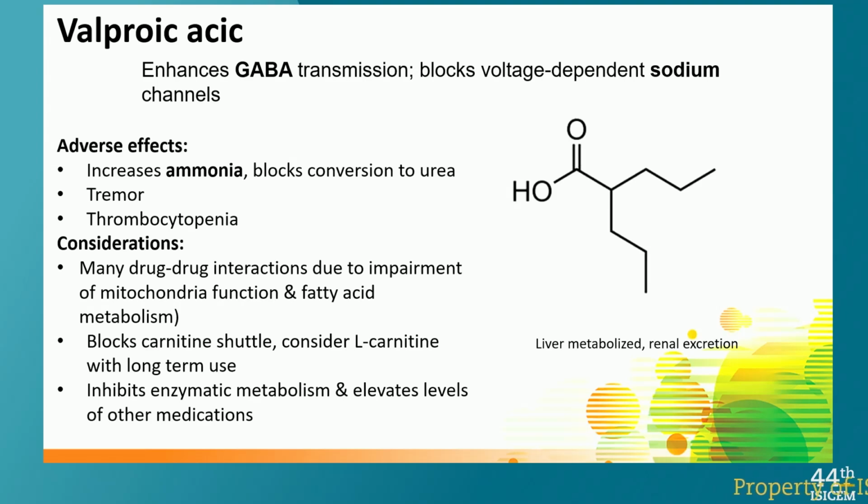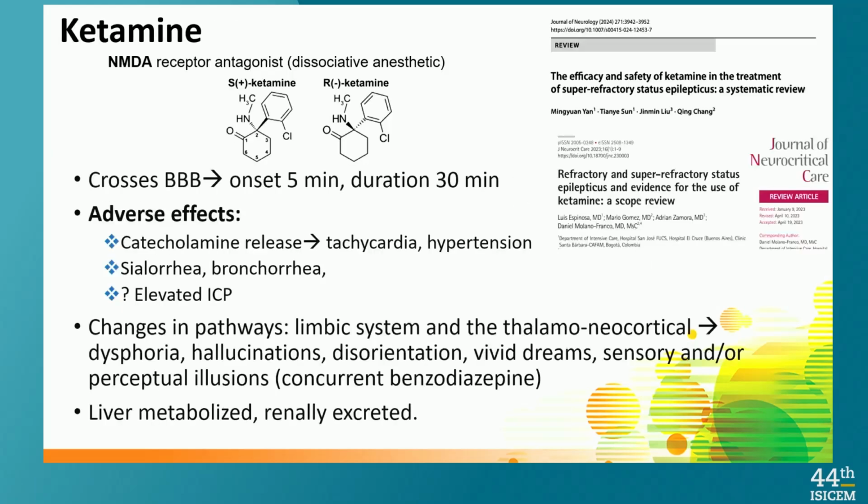Valproic acid, just to be aware that we see this a lot. People use it for eating disorders. Also, psychiatrists like it a lot for patients that are irritable. But it increases ammonia, so check the ammonia level if your patient comes in on valproic acid. It can cause tremors, so be aware of that. Also, if they're on it long term, you need to think about L-carnitine being a factor too, and